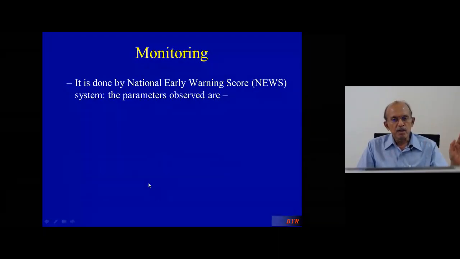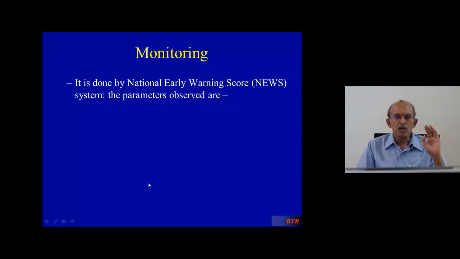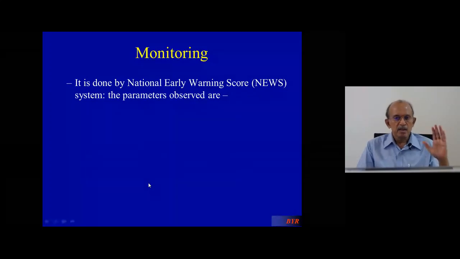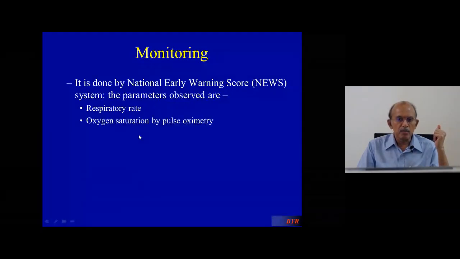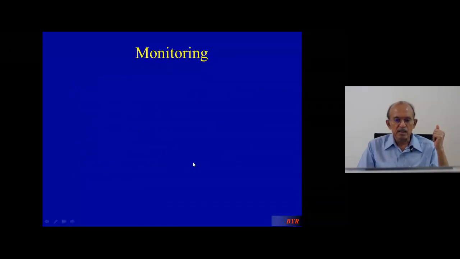So once your fluid is being given, you must continuously monitor whether the fluid you are giving is sufficient for the patient. Is it causing undernourishment, or is it causing overhydration? The parameters to be observed are respiratory rate, oxygen saturation, temperature, systolic blood pressure, pulse rate, level of consciousness,